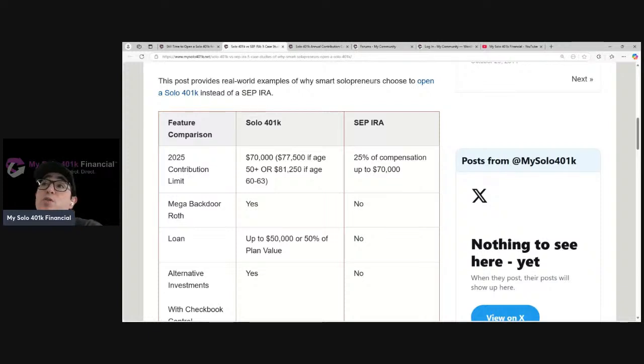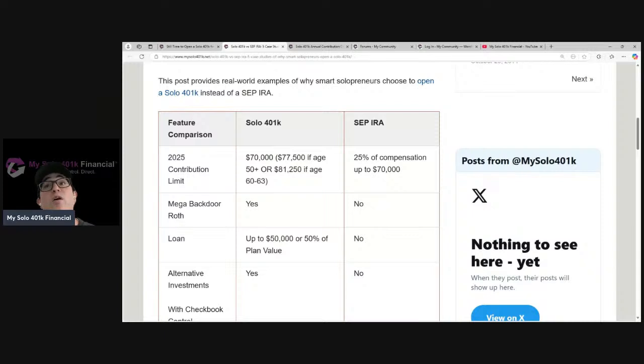And then for those folks that are interested in making Roth contributions, yes, you can now make Roth contributions to a SEP IRA. That's a new thing, like the employer contributions to the solo 401k. But with a plan like ours that allows for mega backdoor Roth contributions, that's a big advantage for those that are focused on Roth, because you can't make mega backdoor Roth contributions to a SEP IRA. The only type of contribution you can make is that employer contribution, which is going to be a percentage of your income. Yes, it could be made as Roth, but if you have a plan like ours that allows it, you can make what are called voluntary after-tax contributions.